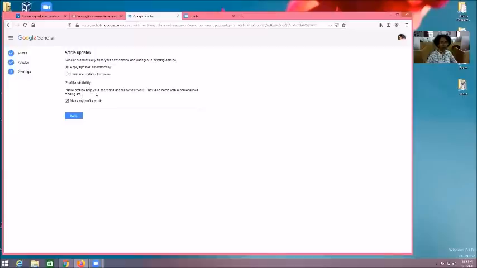Then there is the public profile option, which helps personalize things. If you want to make your profile public, yes, make it public so that others can view your profile. After that, settings are done, articles are completed, and the profile is created.